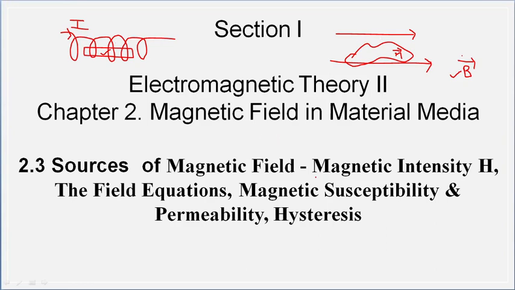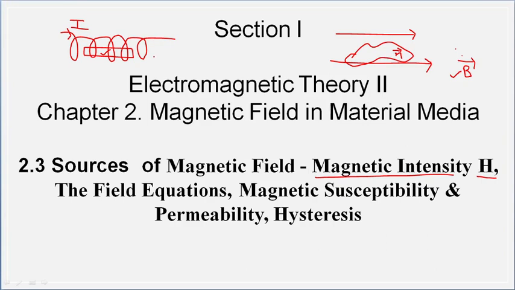Now we want to find an expression for the source of the magnetic field. It will be called the magnetic intensity H. So see, one is magnetization. Magnetization depends upon the external field. Then the magnetic field produced by that material depends upon the magnetization. So the magnetic field produced by the material depends upon the magnetization, and the magnetization produced by the material depends upon the external